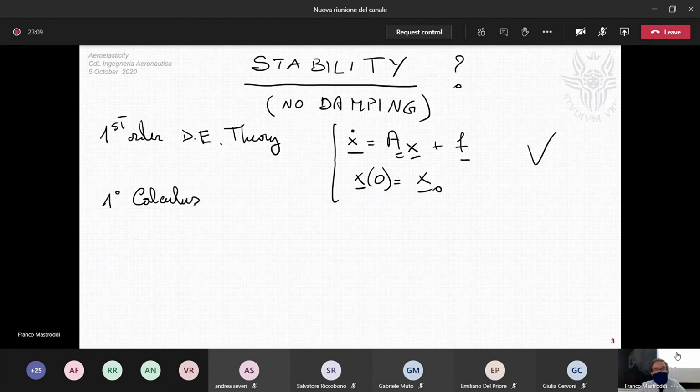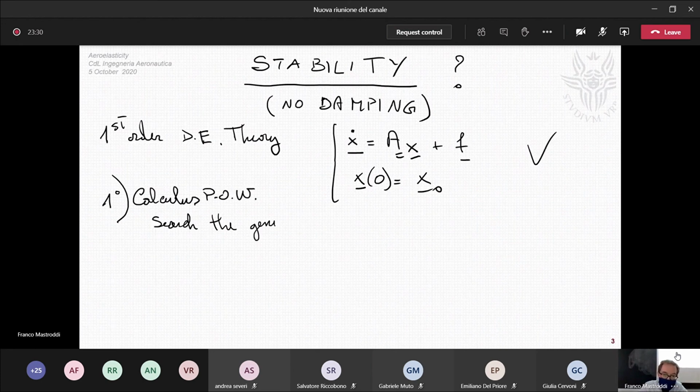For Italian students, Analisi 1. In the calculus point of view, if you search the general free response solution,